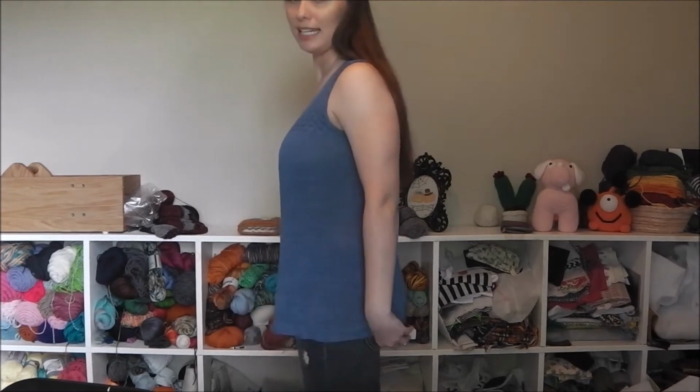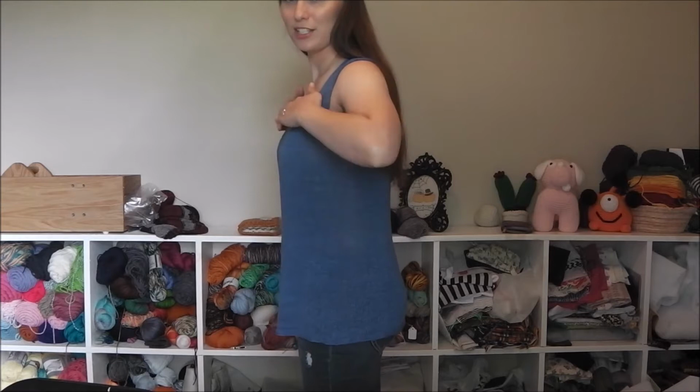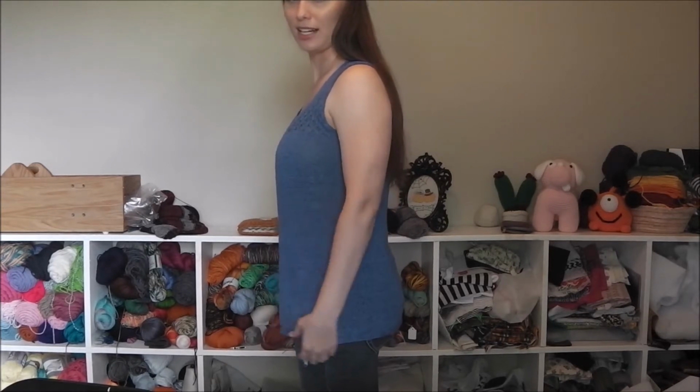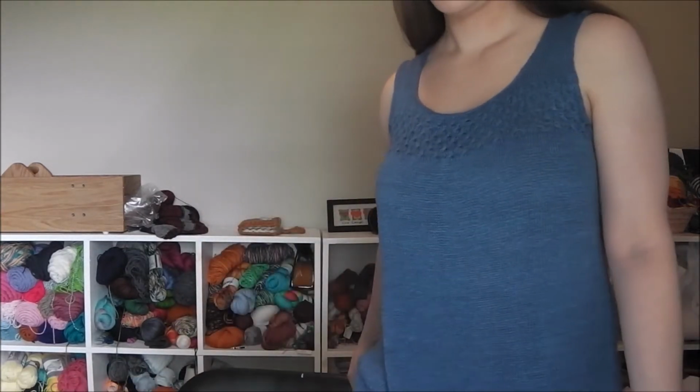It's a bell-shaped tank top, so it's perfect for somebody like me that is still recovering from the baby weight. So it just hangs right off your top right there. And so for me, I knit the 36-inch bust, which is a little bit larger than what I was measuring,